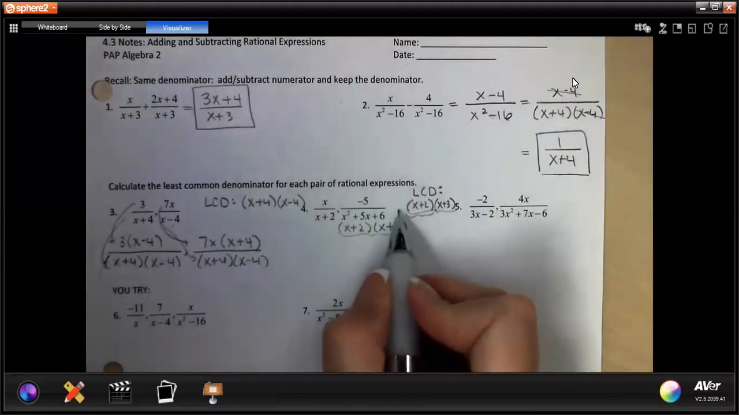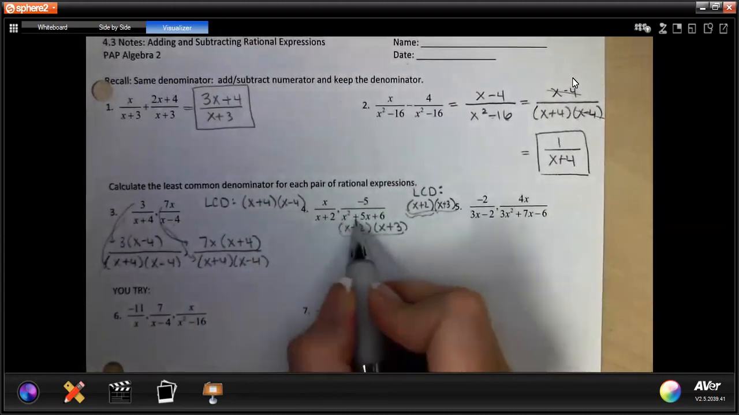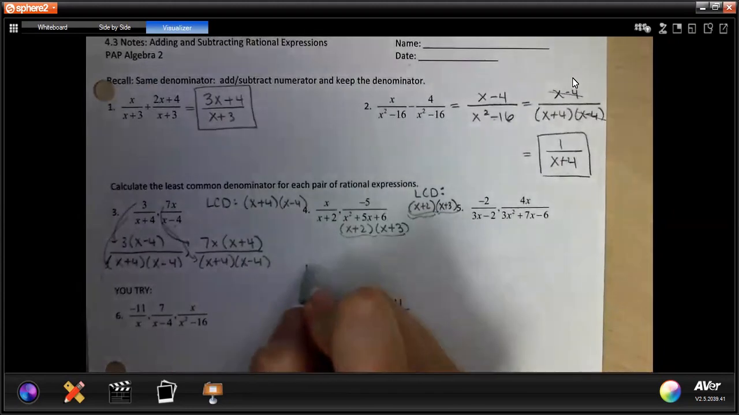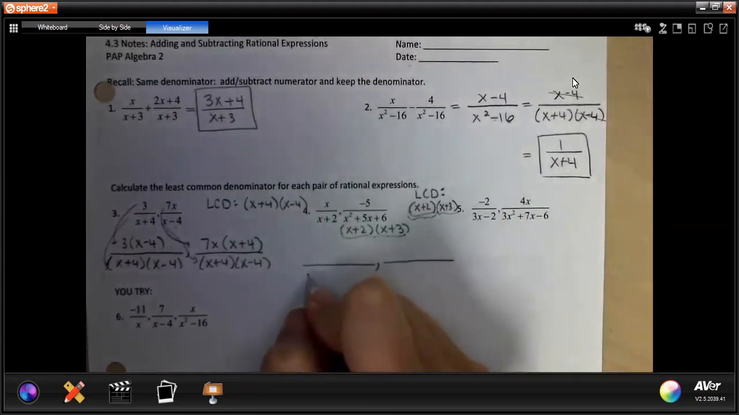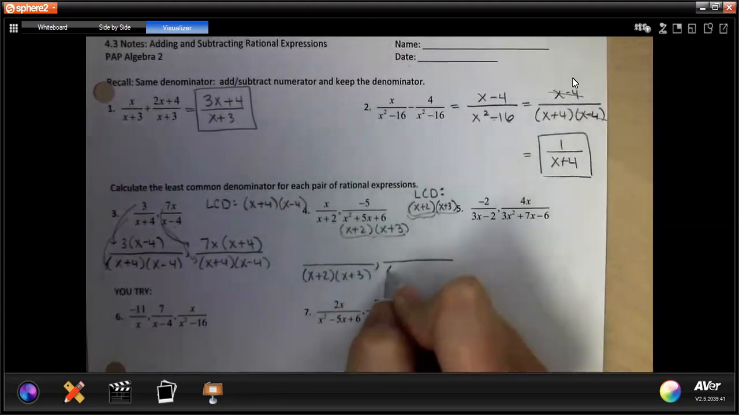If you put x plus 2 times x plus 2 times x plus 3, they both could go into that, but that wouldn't be your least common denominator. And you really want the least one so you don't have to reduce much at the end. All right, so we've got x plus 2 and x plus 3